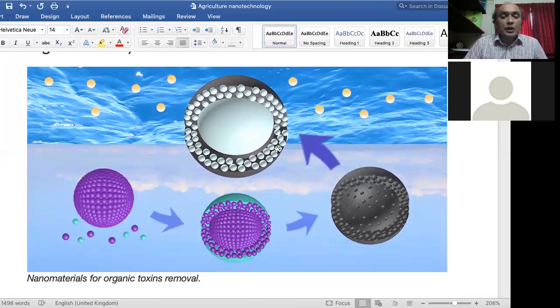Here you can see these nanomaterials. If nanomaterials absorb the ions of sodium and chloride and precipitate them from the water in some way, then you can